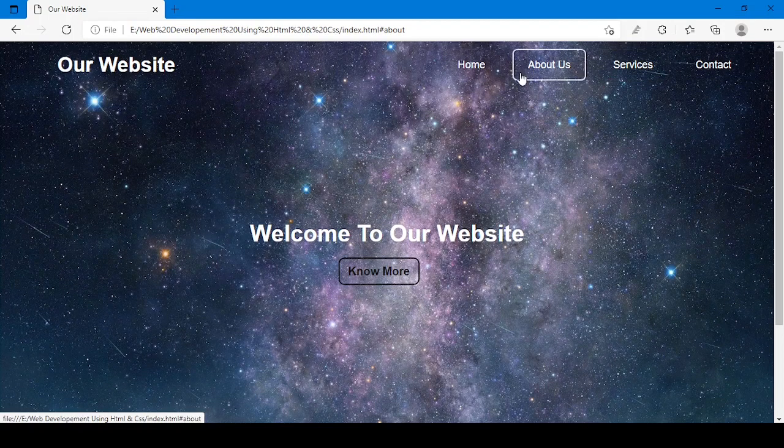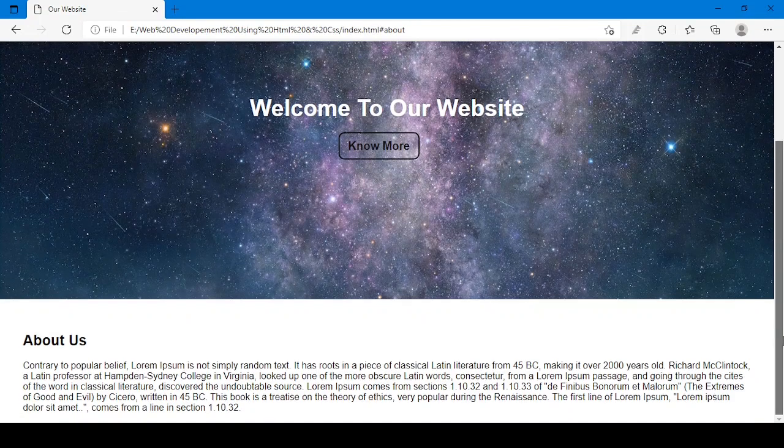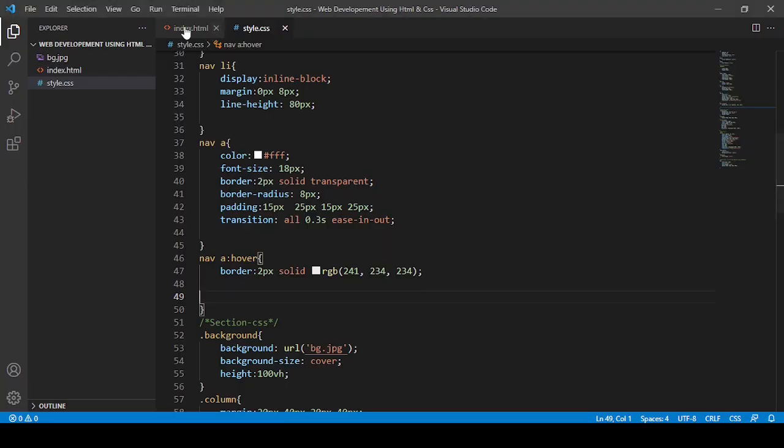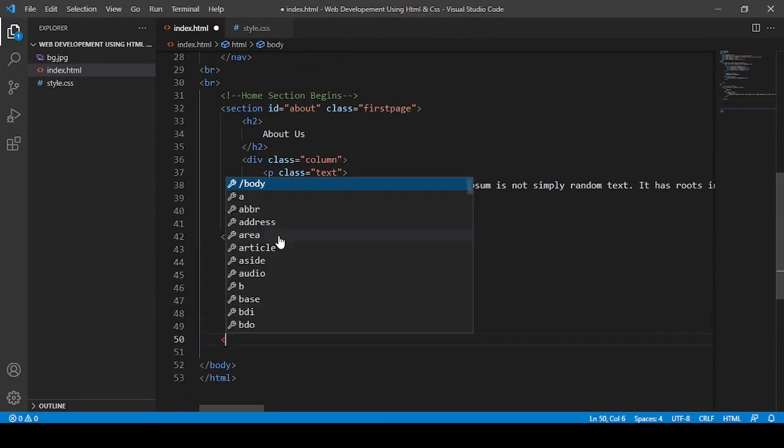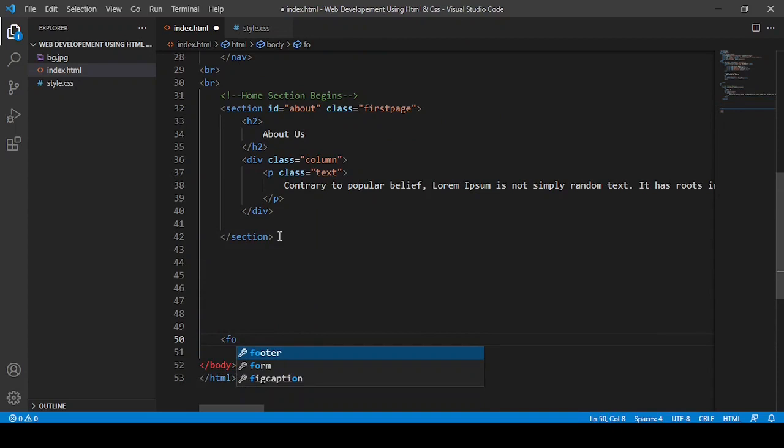See here, it is very nice, and here also it is very nice. So now next we have to create, as I said, today we are going to create a complete, fully functional website. So first of all, let me make the footer only. Footer is also necessary. So after here, very down, I am going to just say here footer.